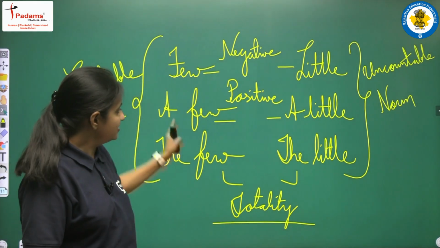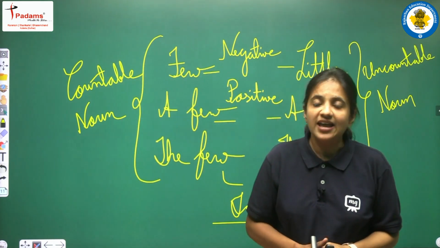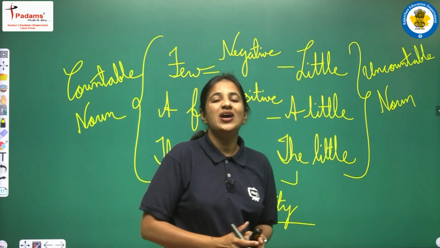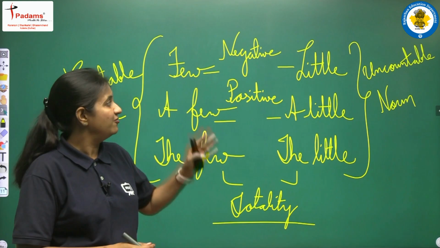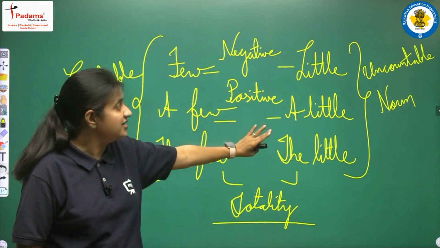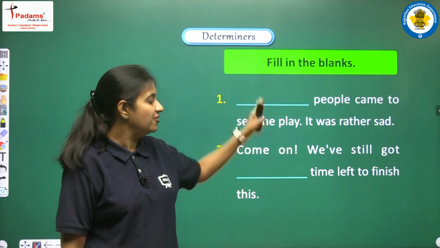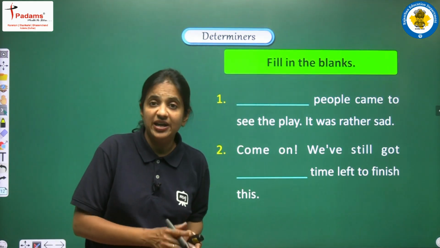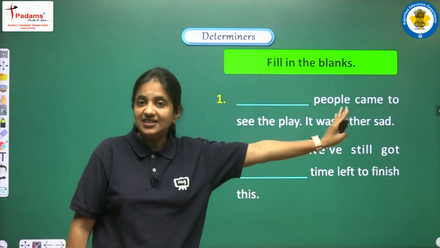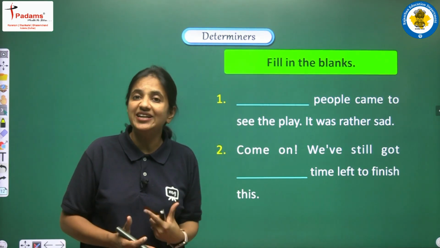Alright, so yes, these 6 determiners are very important, and they are used very frequently, and they have specific uses. So again students, you have to learn all the uses that are related with these determiners. Right? So now I am very sure that all the uses related with these determiners are clear to you all. So now moving on, here we have some practice exercises based on these 6 determiners. We have some sentences, we have to read the sentence, and then according to the meaning we have to fill the blank using the appropriate determiner.